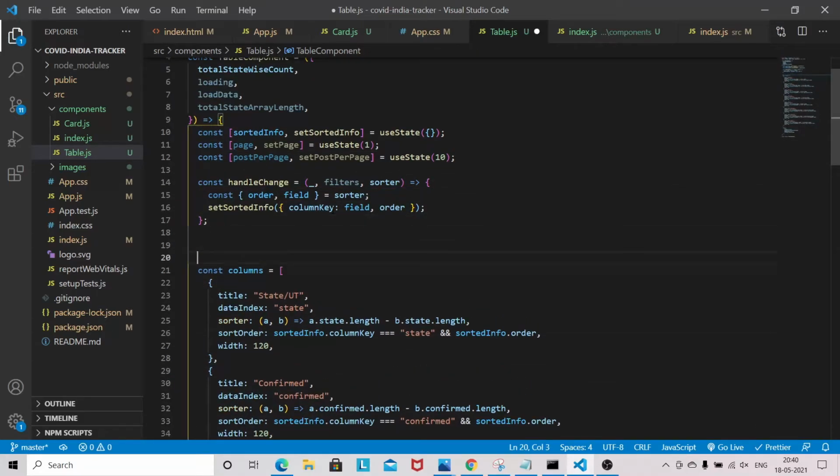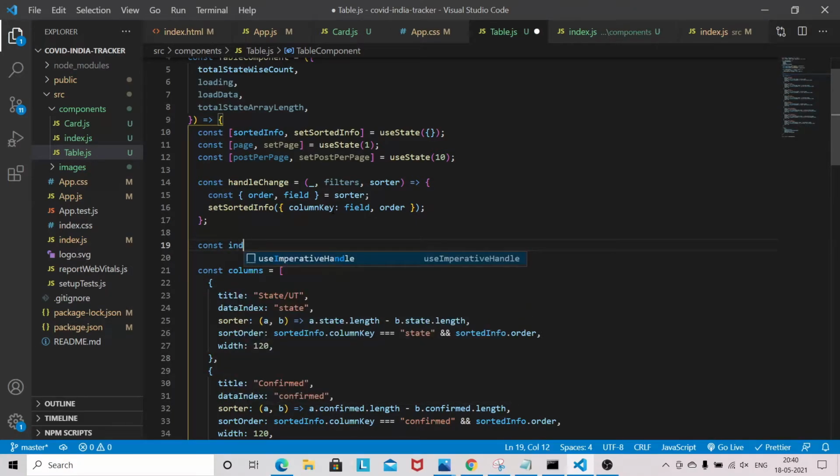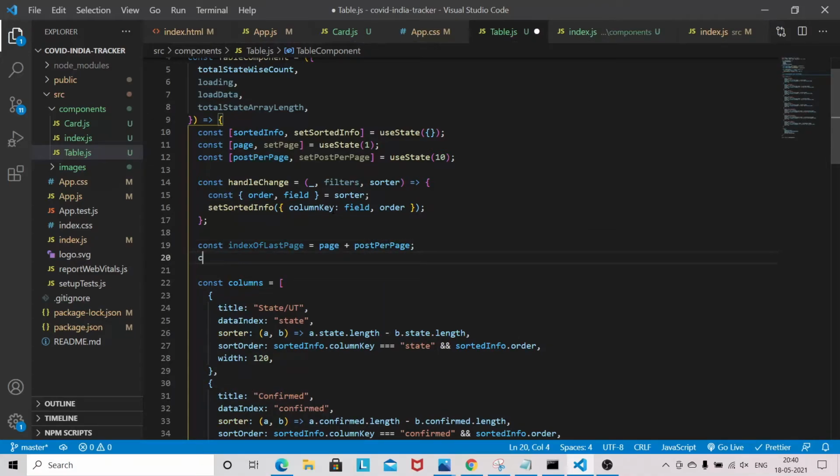Now some basic pagination logic we have to use here. So index of last page is page plus postPerPage, and index of first page. So this is some basic logic for pagination.